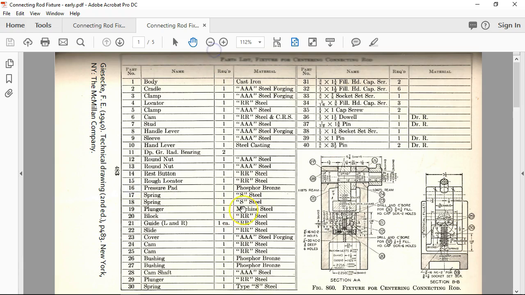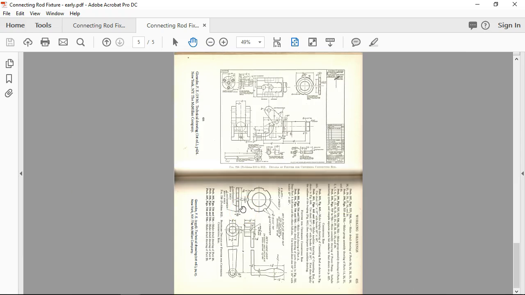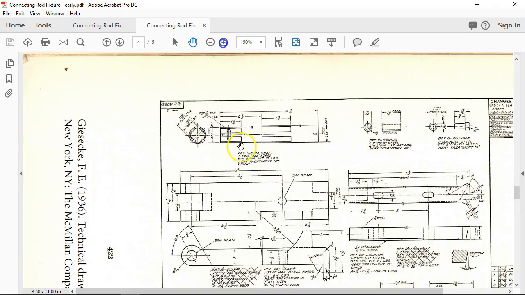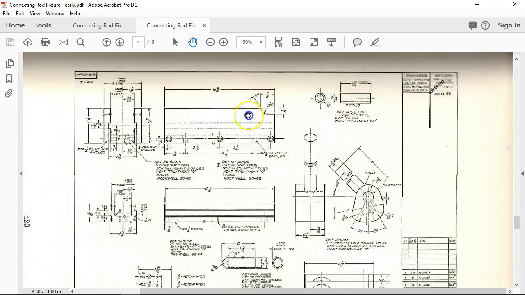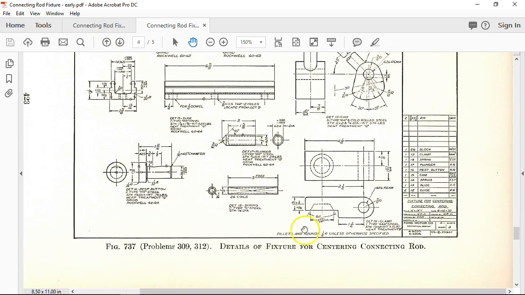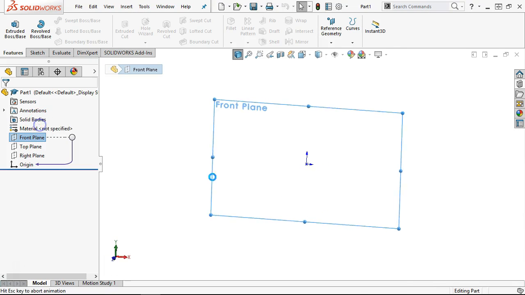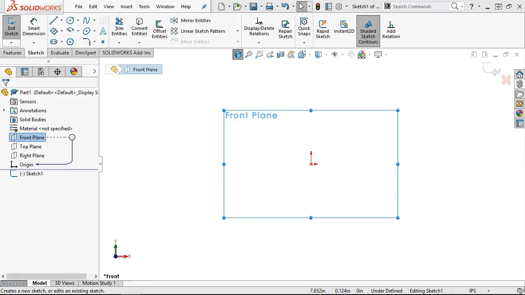The clamp in the early shows a little better detail. And if we can find it. And also in the other, so just 60 degrees to terminating about 3 3/8 deep. So let me fly that out of the way. We'll go into the front plane. And then our dimensions are,